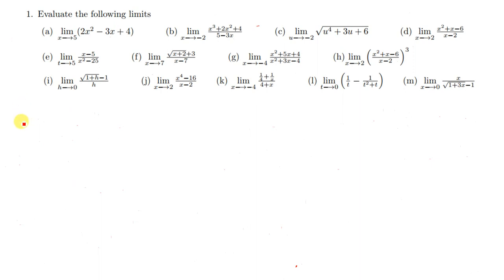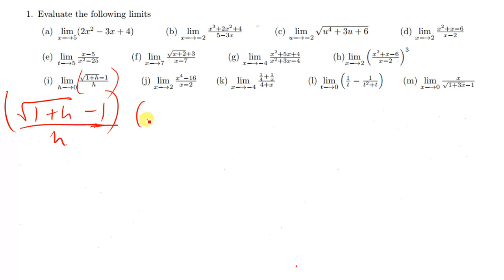Okay, so this one, let us first start by factorizing this expression. So we have the square root of 1 plus h minus 1, then everything over h. So we're going to multiply both the numerator and the denominator by the conjugate of the numerator. So the conjugate of the numerator will be the square root of 1 plus h, then while there is a minus there, we will put a plus. Then we say everything divided by the same conjugate here, which is the root of 1 plus h, then